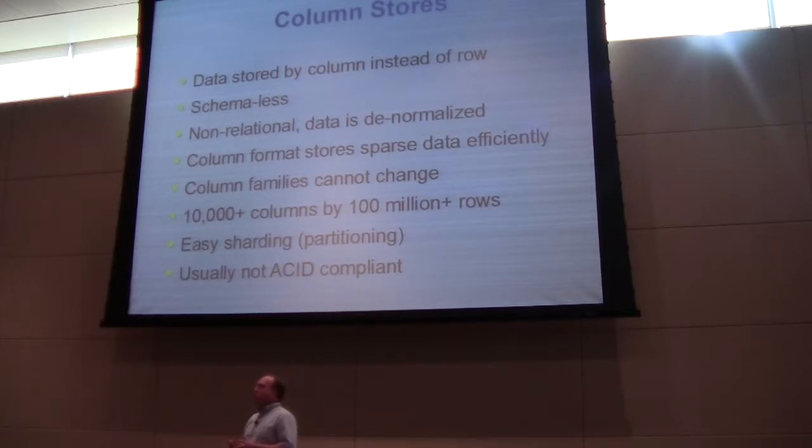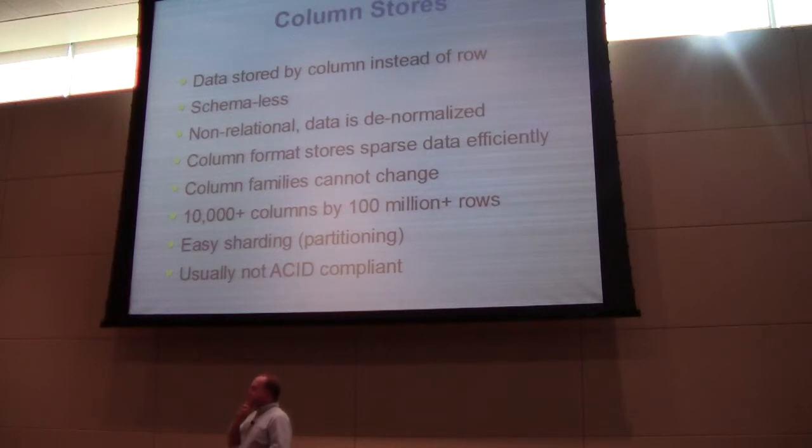Schema-less, it's actually probably more proper to call it schema-relaxed. It has a concept of what it calls a super column or column family, which is basically a grouping of columns. There's a certain technical reason why they do that. But for the columns under a particular family, you can have as many or as few as you want. One of the interesting effects is that the information in any particular column tends to be much more similar than across the row, especially if you've got a lot of rows. And so they can compress by column.